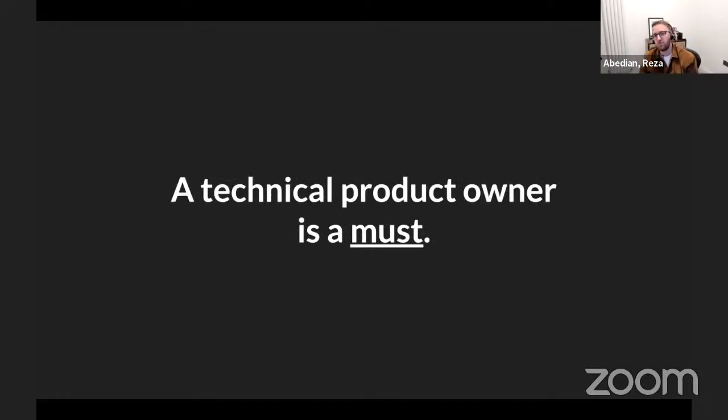A technical product owner is a must. This is one of the more controversial ones, but I stand by it. A design system is a product, and it's one of the most technical products that you could build, besides perhaps something in artificial intelligence or machine learning. So you're building a product that will be used first by software engineers, and one of your key success metrics is adoption from them and satisfaction from them. Of course, you care what your end users care about your design system, but they're never going to see apps using your design system unless a developer first adopts it, takes it all the way to production.